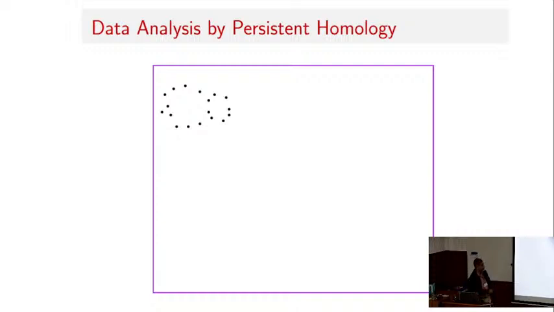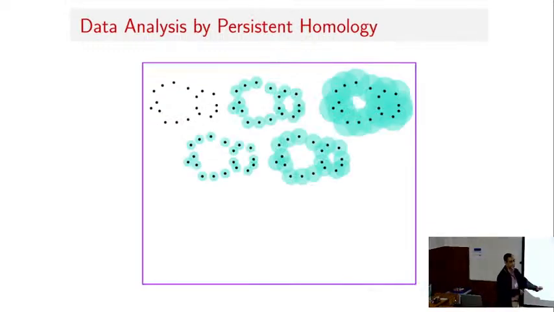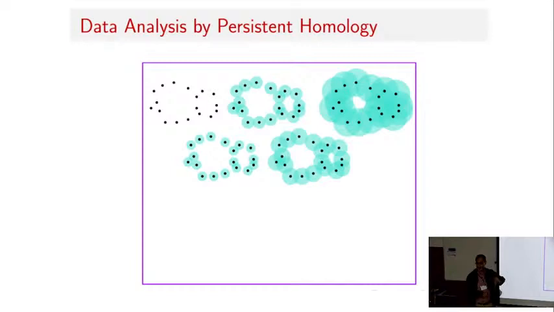Here is point cloud data, and with this point cloud data, think about a disk growing centered on each of the points. As you grow the disks, take the union of the disks, so the space is changing. It's a movie. First I started with these discrete points, then you start growing the disks, and the union of the disks is changing. From here to here to here to here. So the movie is changing, the space is changing.